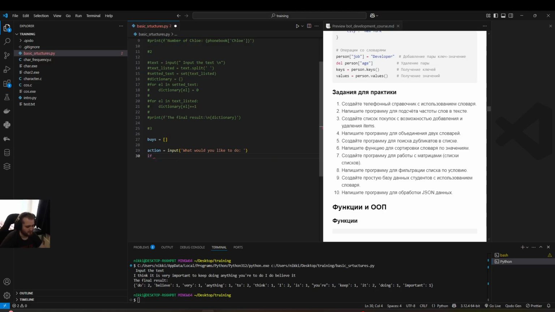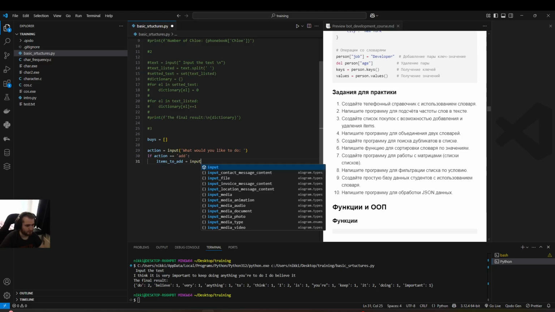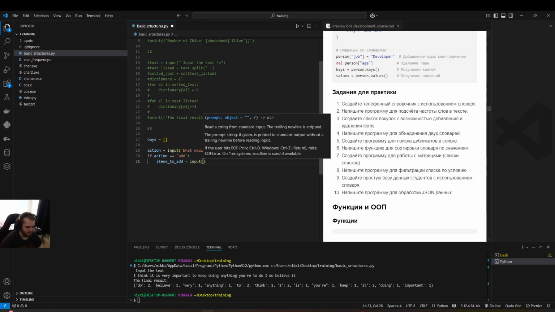Then if action equals to add, then item to add equals to input, add an item,